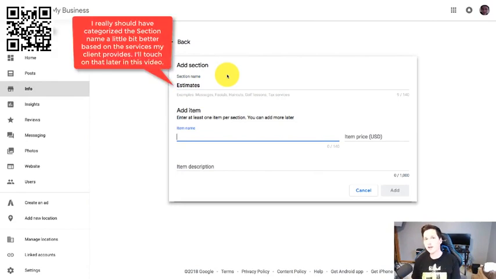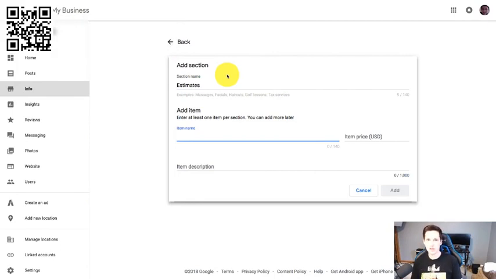I want you to keep in mind as well that this is an opportunity to stick keywords in here, but don't keyword stuff this with a crazy amount of keywords. Try to keep it very direct with just one keyword that makes sense. You don't want it to sound spammy or like you're trying to game the system, because that's the kind of stuff that might get you penalized or that you might potentially run into problems. But if you optimize with just one single keyword, you're not going to run into any issues with this. So for the item name, I might call this new roof installation,